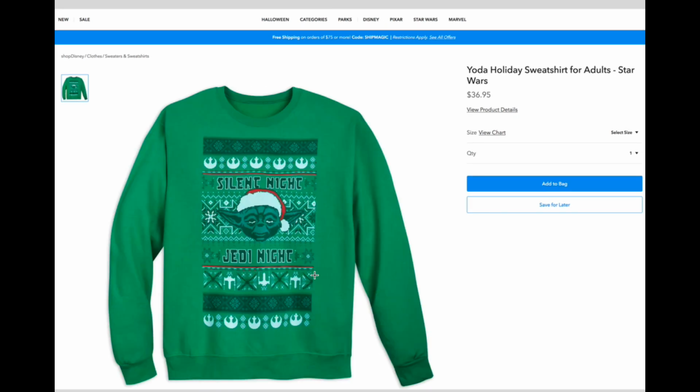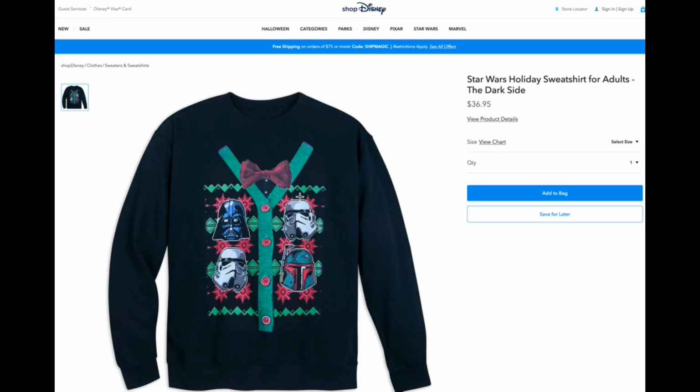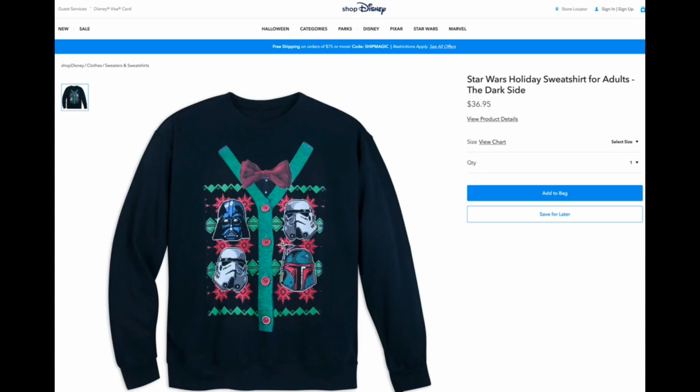So anyway guys, that is it. I hope you enjoyed this installment of The Price of Nostalgia. Which one of these would be your favorite of these sweatshirts? I don't know, man. I really like the style of this one. I like this one too. Actually, this one is probably the coolest one to wear, right? It's probably the one you could walk out in public in and people would actually say, that's pretty cool. So maybe this one would be the one that I would wear outside of my house and feel all right about that. Anyway, let me know which one is your favorite, and back to the candles,